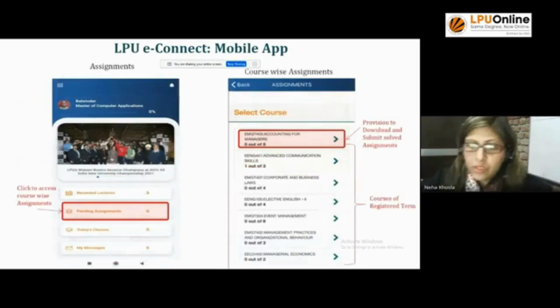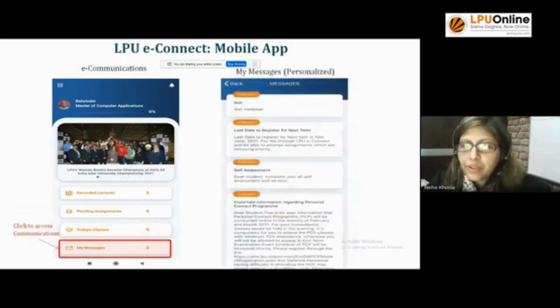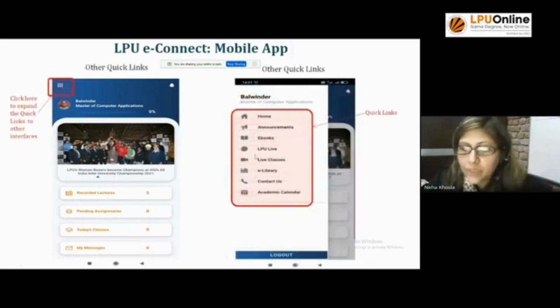वी ट्राइड कि मोस्ट ऑफ द फीचर्स हम आपको यहाँ दें। एज आई ऑलरेडी टोल्ड कि आप अपनी असाइनमेंट्स जो है ऐप से भी स्कैन करके अपलोड कर सकते हैं। देन योर टाइम टेबल, वंस योर टाइम टेबल इज अप, वो टाइम टेबल आपका डे वाइज ऐसे व्यू होगा। योर मैसेजेस अंडर दिस सेक्शन, आपके जो भी करंट मैसेजेस हैं विल बी विजिबल अंडर दिस सेक्शन। अदर मेन क्विक लिंक्स आर देयर।